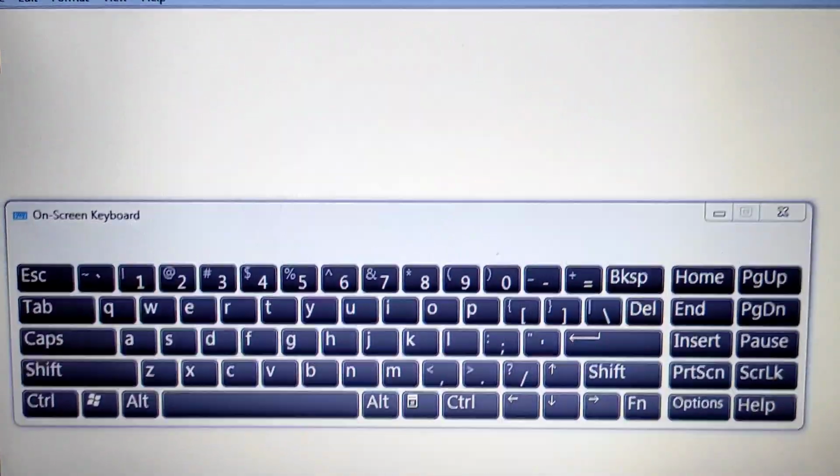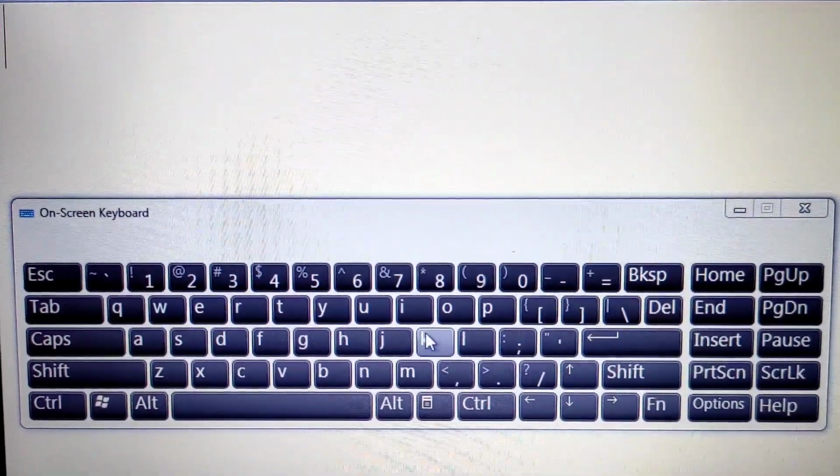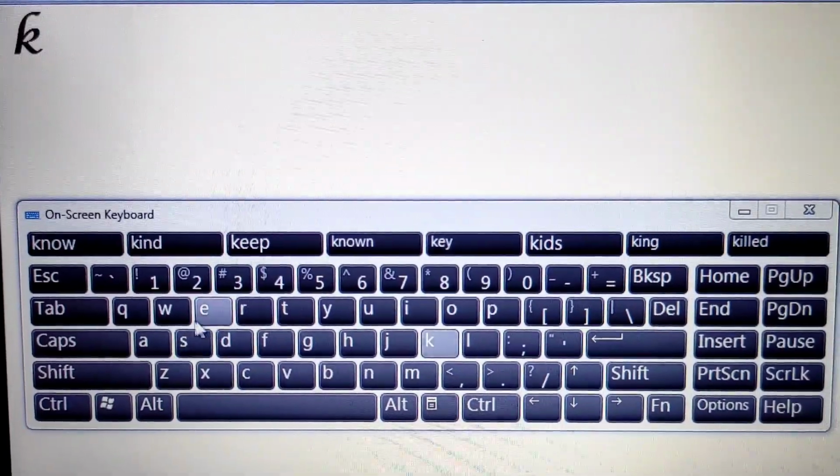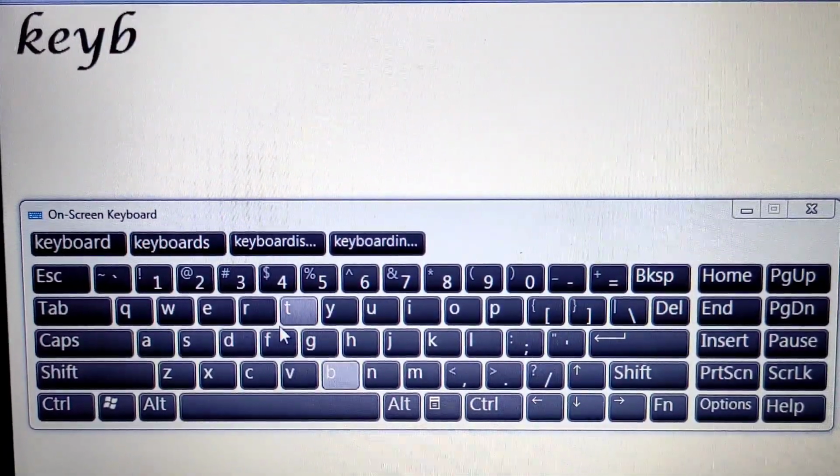Suppose while writing you make a mistake. The word is keyboard, okay? K-E-Y-B.